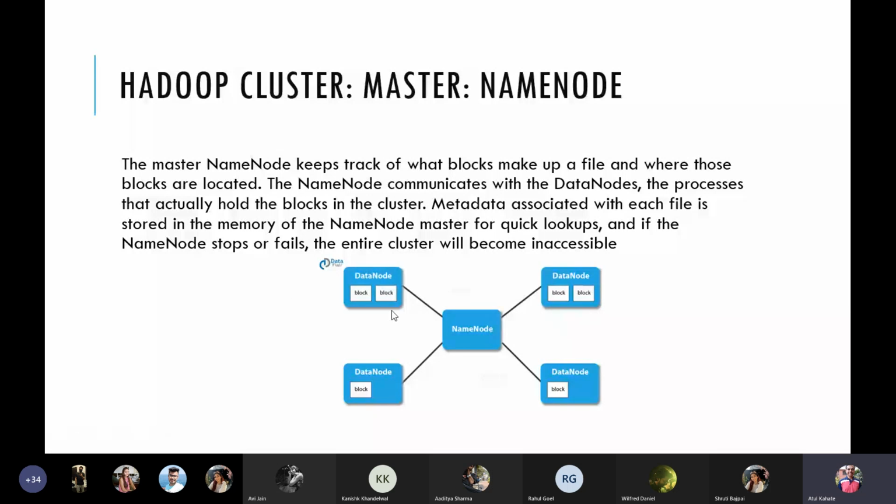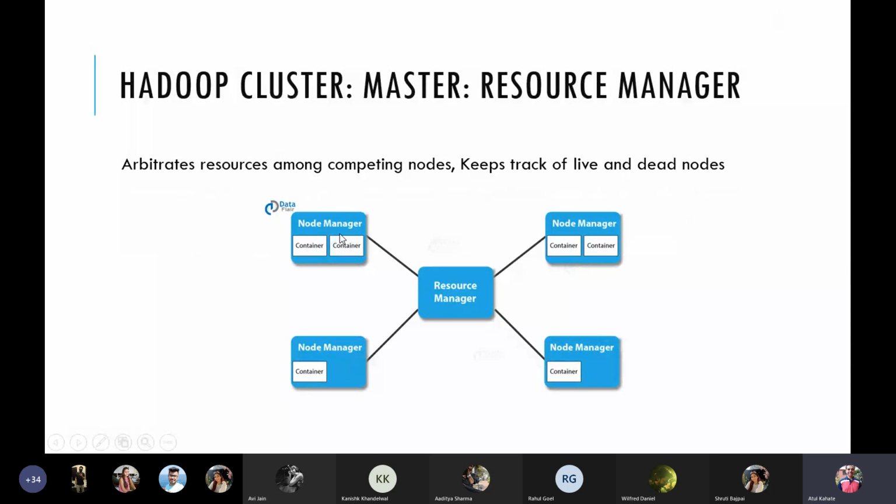And which is why this is where, let's say, the processing will happen, and whatever are the results or the outcomes, the container will then send it back to the resource manager, and the resource manager will return it back to our code.